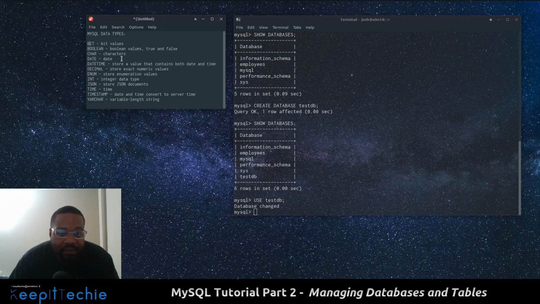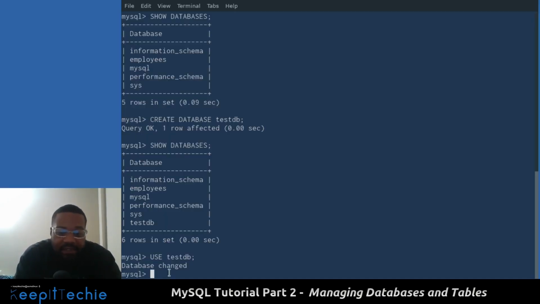Now let me show you how to create a table. Okay, so now that you understand that, I want to create a table for you. The way you do that is simply CREATE TABLE, and we want to name that table. I want to name it US data. Now you have to specify the columns within the table. So let's start off with